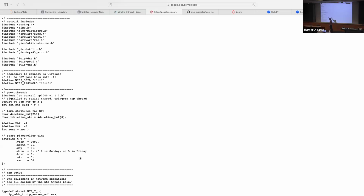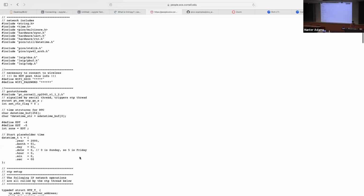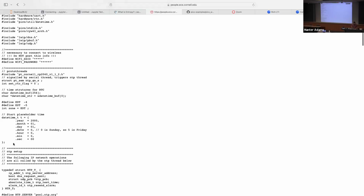In particular, there's one called hardware RTC. That's the real-time clock hardware API. So we're pulling that in because we're going to be interacting with the real-time clock. And then there's also a library from the util directory of the Pico SDK called datetime. This is so that we can pull in a handy struct, a handy data type for interacting with the real-time